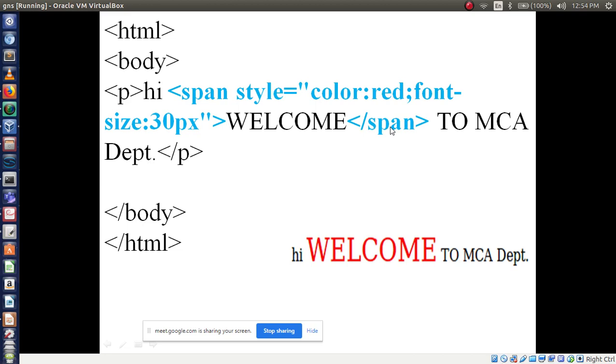Is it clear? So the style is going to apply to the word welcome only. See here: Hi, welcome to MCA department. I am applying the color only on welcome, not MCA. In previous examples I showed it that way, but for writing purposes I have taken this example. Only welcome I want to change. So before applying the style on this word, you have to start with span.